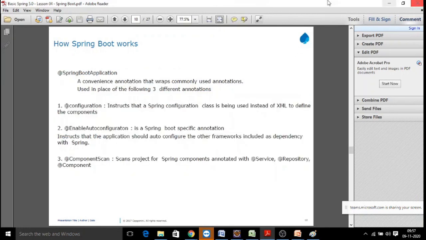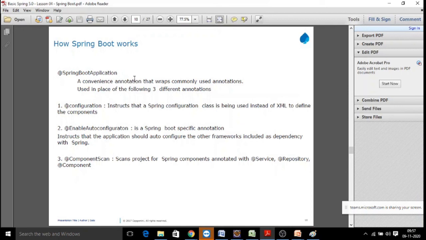It will look for all the annotations like @SpringBootApplication. This is a newer replacement for the existing three: @Configuration, @EnableAutoConfiguration, and @ComponentScan. Instead of using all of these, we will be using only one, @SpringBootApplication. That is how most of the annotations are replaced in Spring Boot.